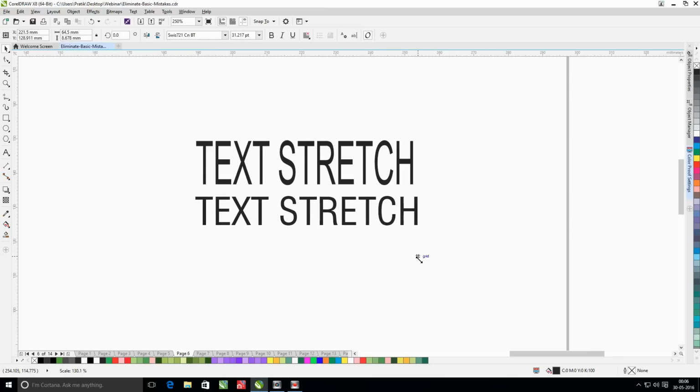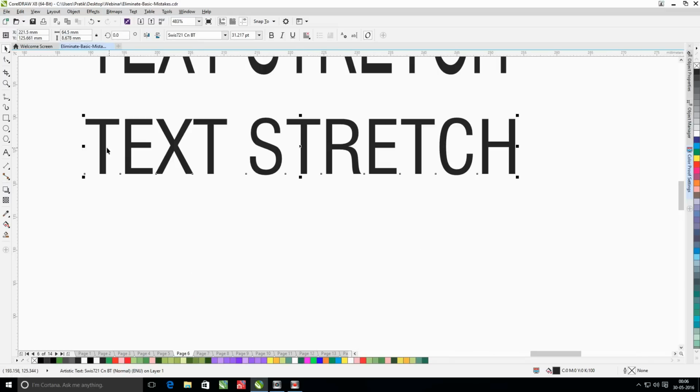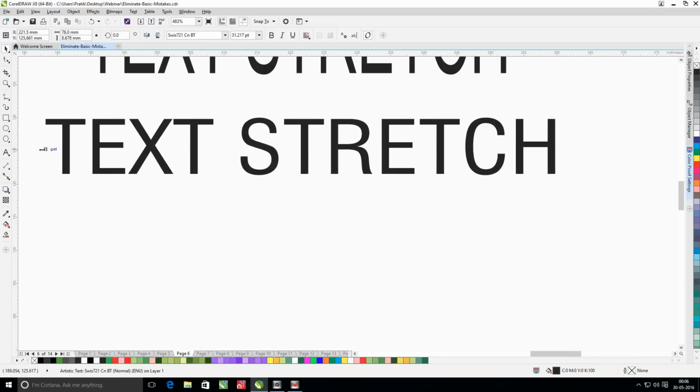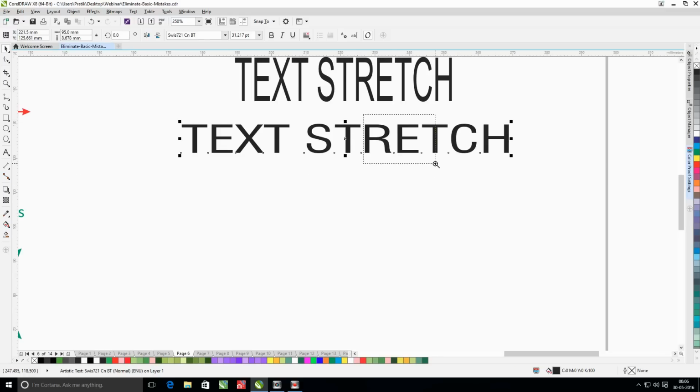So when you are using an artistic text object, it is always recommended that you scale the text object with corner handles rather than using the side handles, which will always make your text object look very ugly when you stretch from side handles.